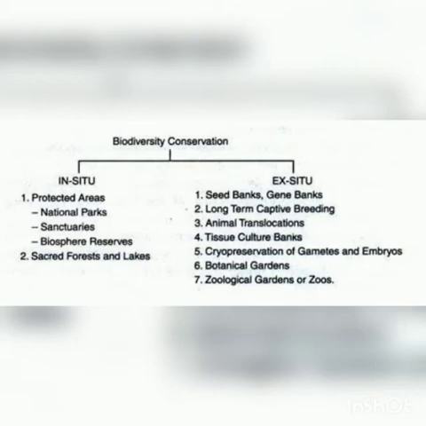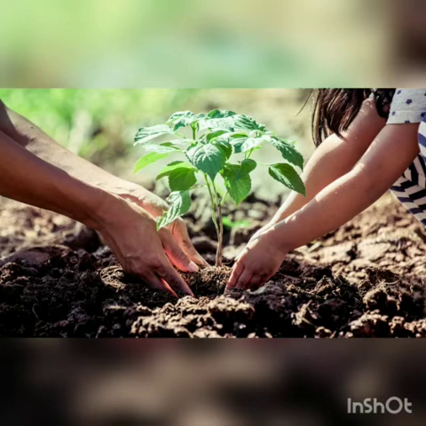So you will see in the graph a chart where in situ and ex situ have been shown in different ways, where you will see the difference. In situ, a protected area has been shown, which includes national parks, wildlife sanctuaries, biosphere reserves, sacred groves, and sacred lakes. Whereas in ex situ there will be a botanical garden, which is made by human beings, or it is artificially made for the animals so they can live and do other activities there, like zoological parks, aquariums, seed banks, field gene banks, and preservatives.